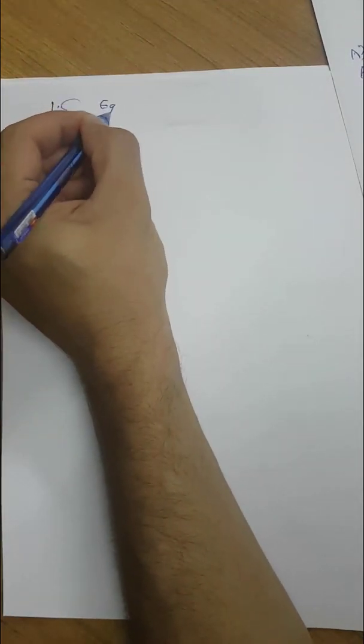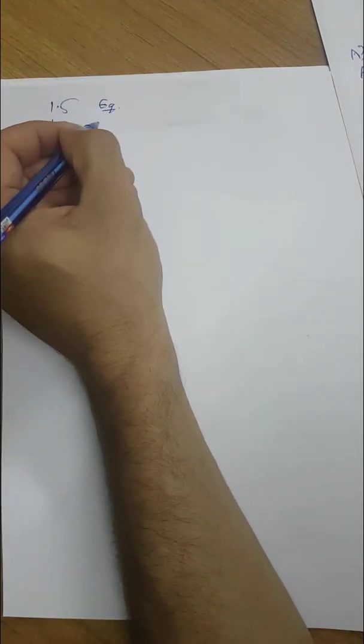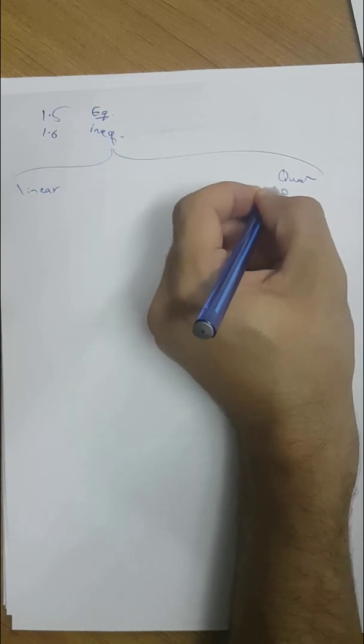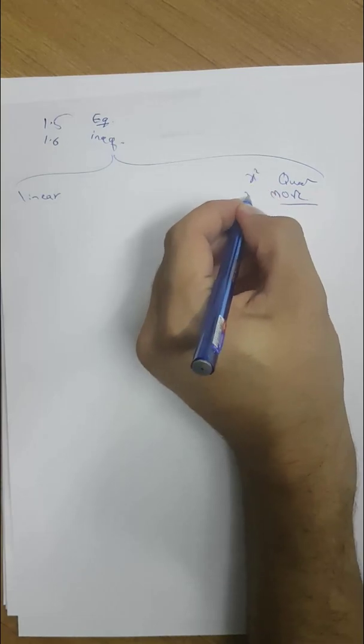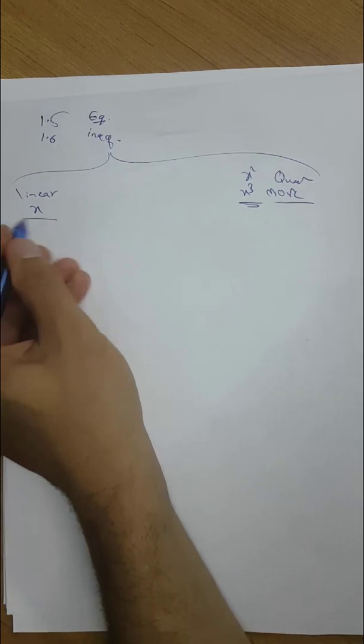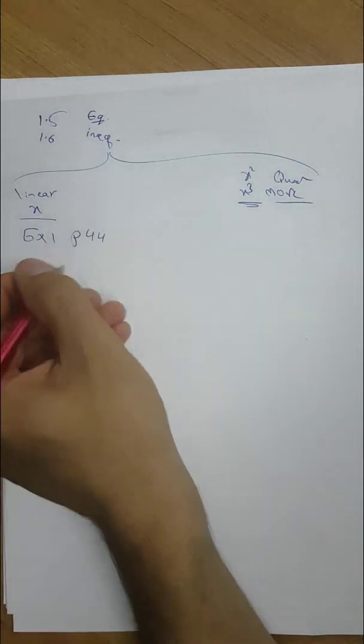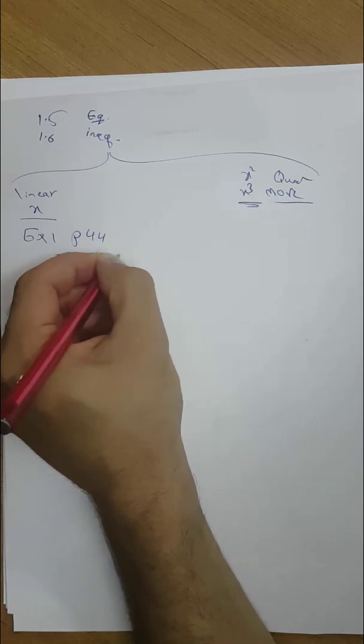And as in the previous section 1.5 we had an equation, here in 1.6 we have inequality. In here also we have inequalities, linear, which is easy, and quadratic or more. When I say more, it means that the power of x may be 2 or 3, or maybe 1. In this one, in example 1, page 44, you see we have 3x less than 9x